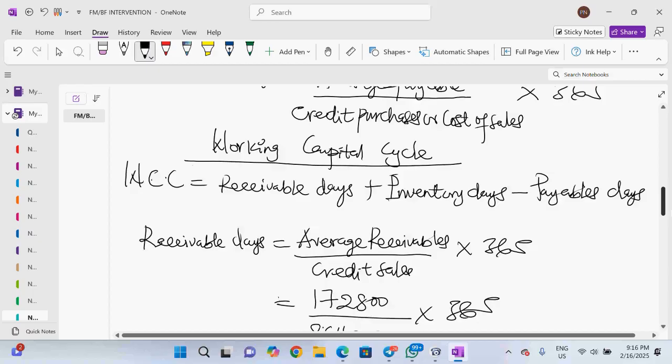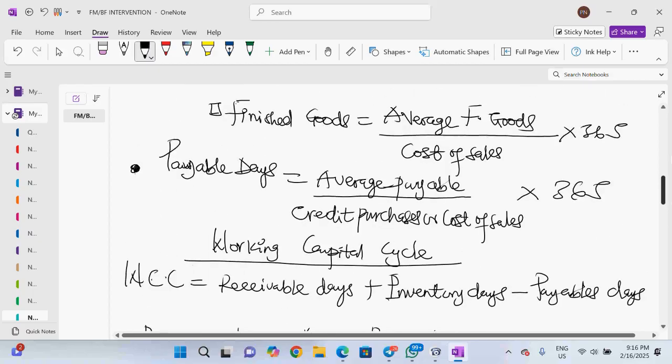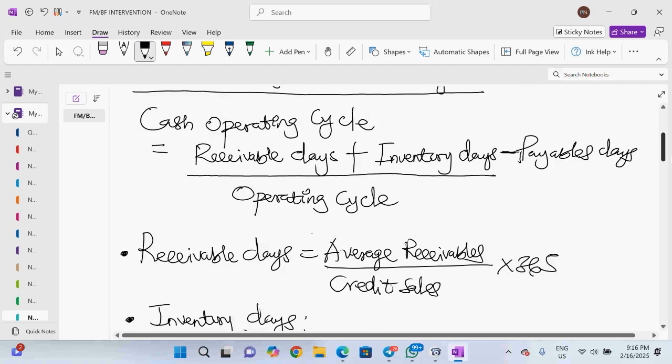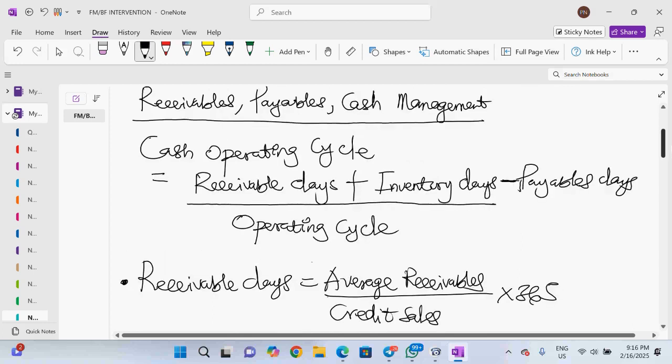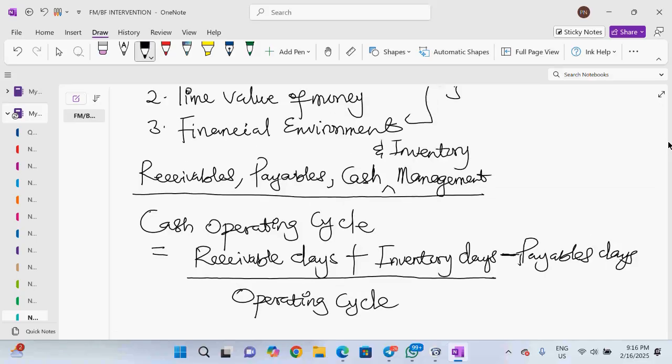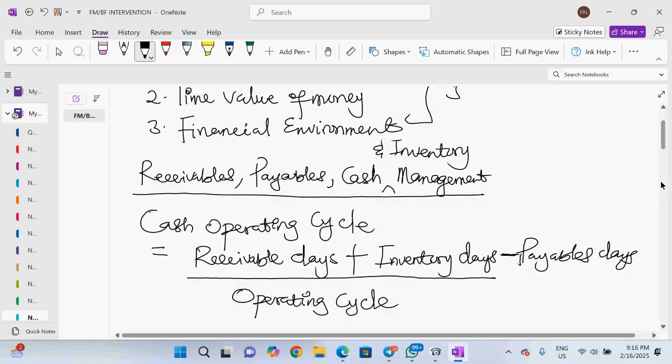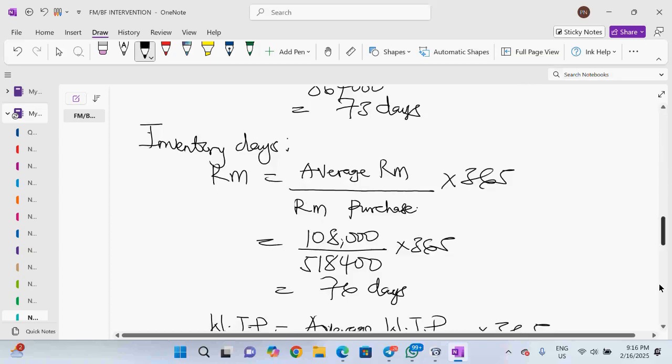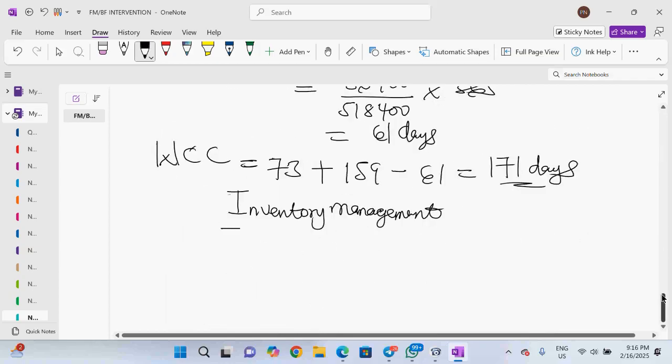In fact, when I started, I said receivables, payables, cash, and inventory management. So receivable, payables, cash, and inventory management. All right. So now you know how to compute your